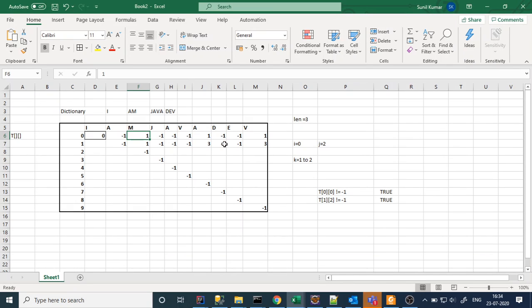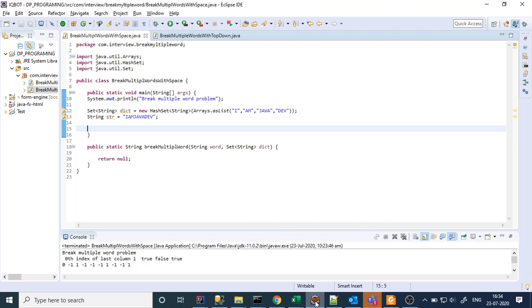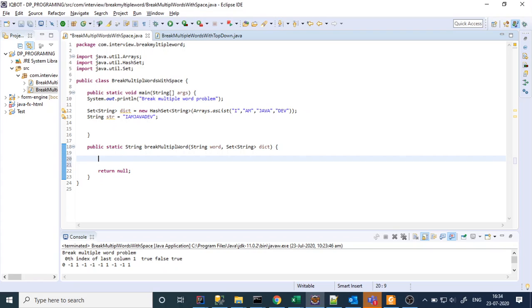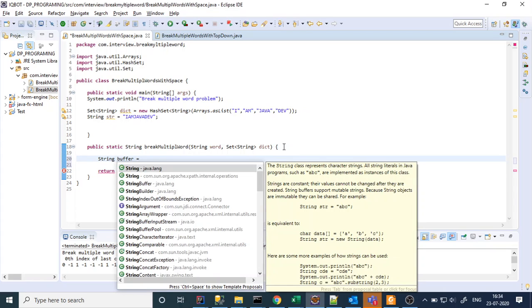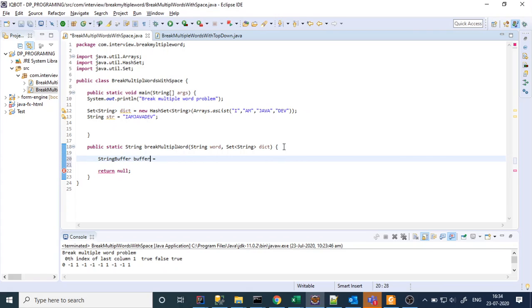So this is the way I am going to transform it. Here I will take a string buffer.